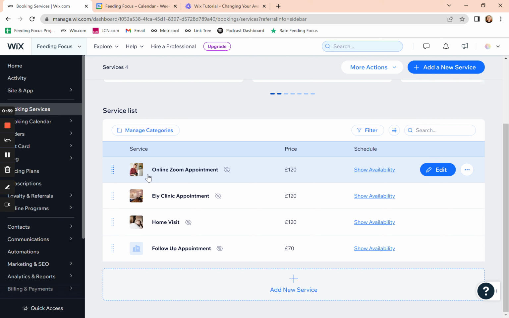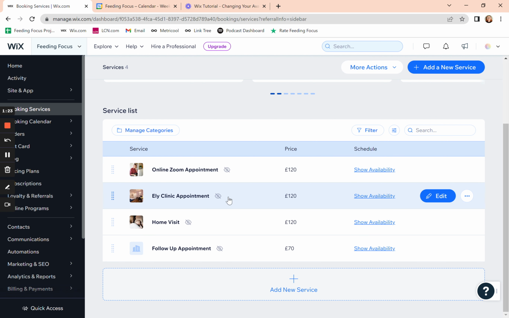So for instance, you can set up appointment types where only you can see and book in. So these might be appointments for friends or family or particular appointment types. So not everything has to be visible on the website. You can see which ones are visible on the website by looking for this little eye icon at the end of the service. Now, if it's crossed out like that, it means that that service isn't visible